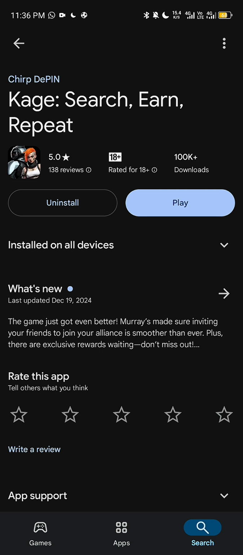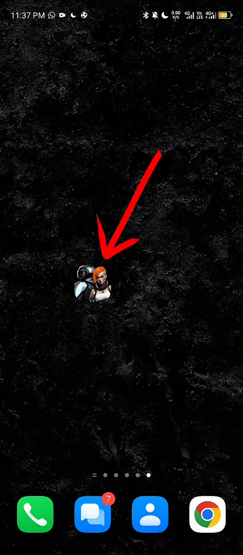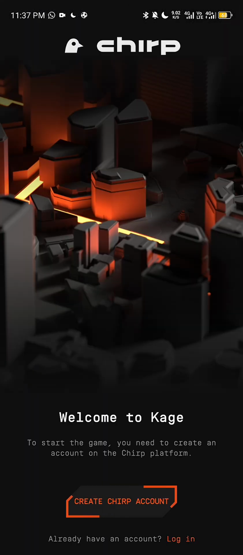Once you have it installed, the next thing you're going to do is to actually open the application. This is the KAGE application fully installed on my device. So the next thing I'm going to do right now is to open the application, and when you open the application, this is the first screen that